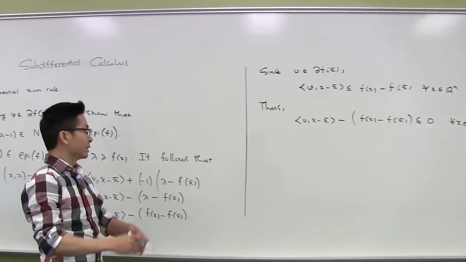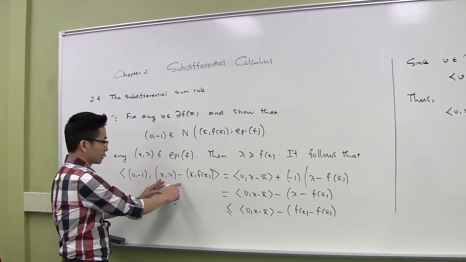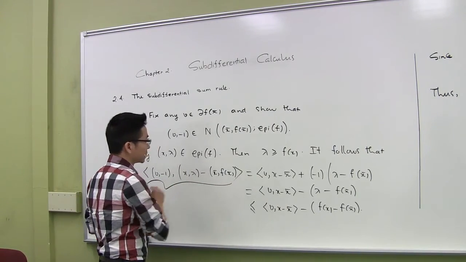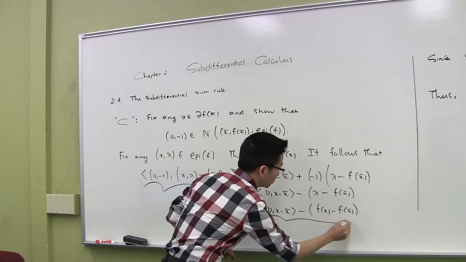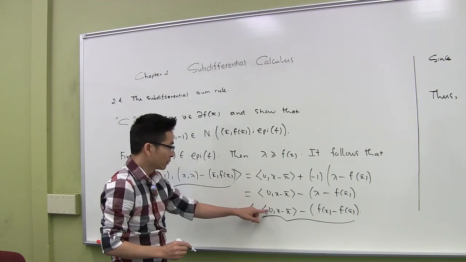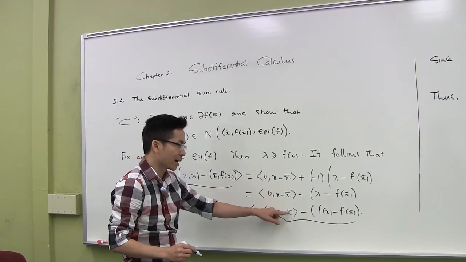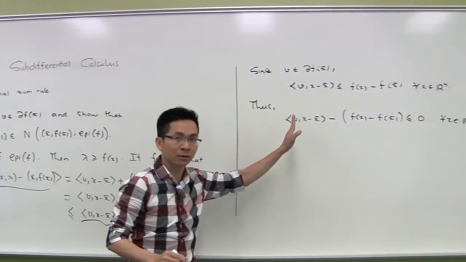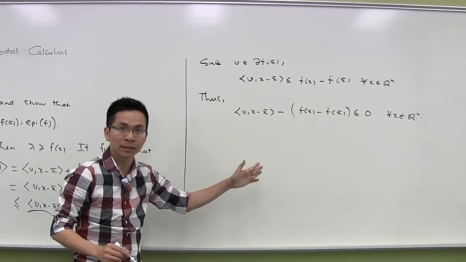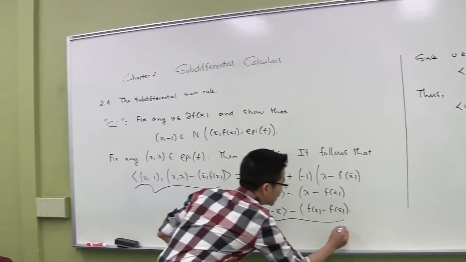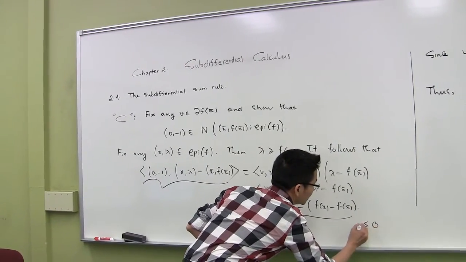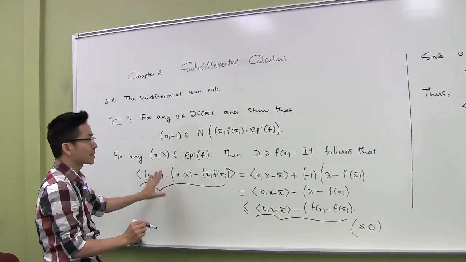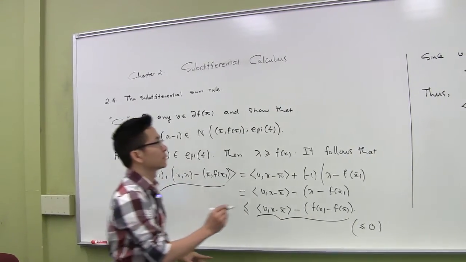Okay? So if we look back at this inequality, we see that this inner product is less than or equal to the inner product of v and x minus x bar minus f of x minus f of x bar. And as we know over here, this is always less than or equal to 0. So from here, we see that this is less than or equal to 0. Okay? And therefore, this inner product is less than or equal to 0. Therefore,